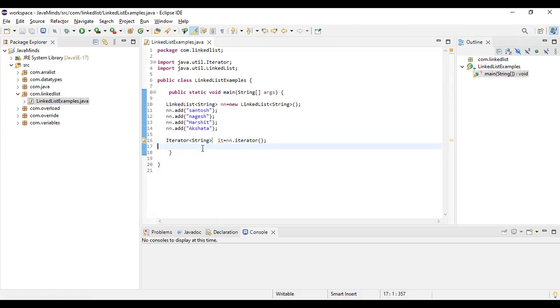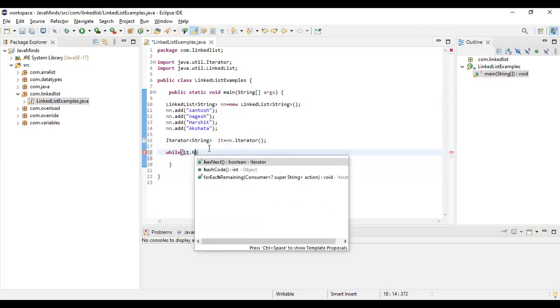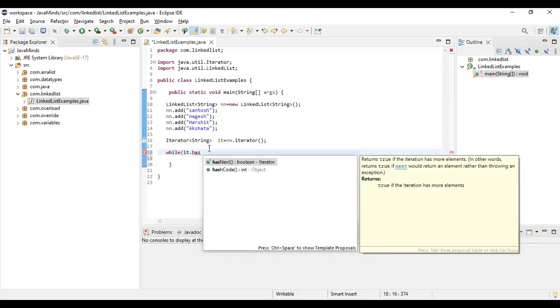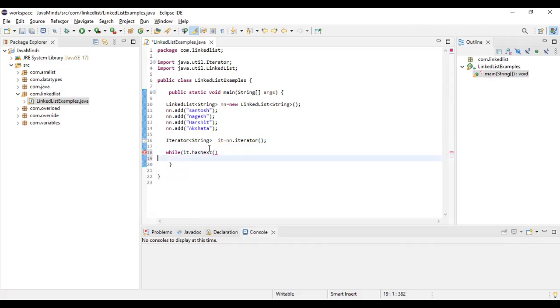This one we didn't use, so we can use the while loop. While it data has next, it data has next, then this